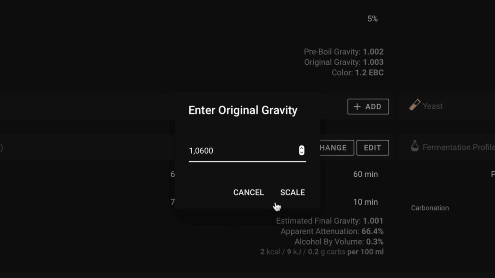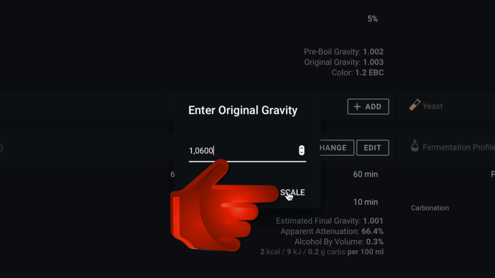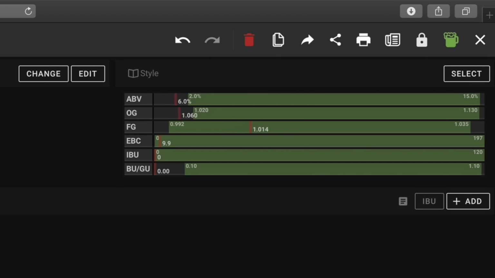Let's start with 1.060, hit Scale and move along. We can always change this later, just like everything else in Brewfather. Do note that as soon as you hit that scale button, everything changes in your top right data area, as you can see here. You will also notice in this section that there is a reference to style here, and